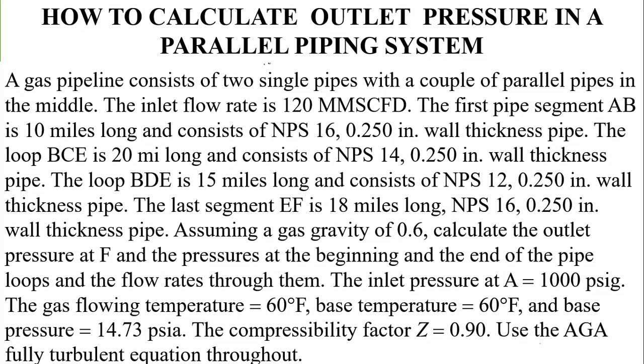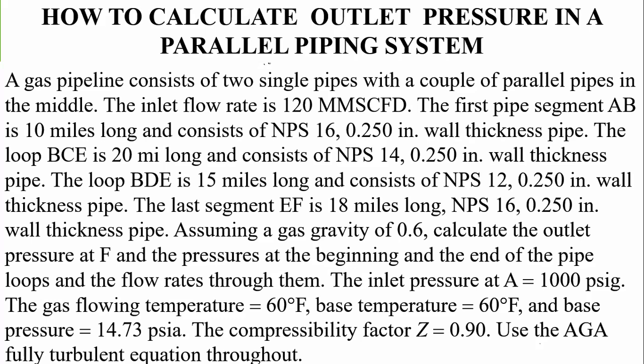A gas pipeline consists of two single pipes with a couple of parallel pipes in the middle. The inlet flow rate is 120 million standard cubic feet per day. The first pipe segment AB is 10 miles long and consists of nominal pipe size of 16 inches,